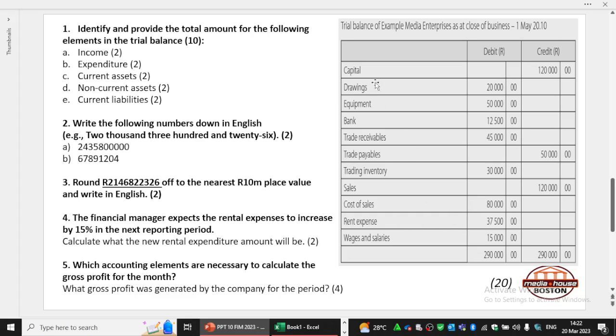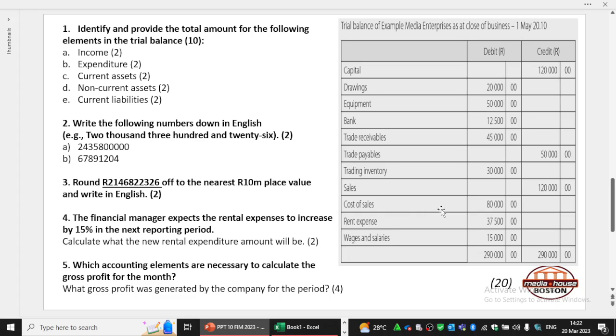But if your trial balance is mixed up, where you find your sales up there followed by a bank, it means that your trial balance is not organized. That means that you cannot use that method. You can only use the method when your trial balance is fully organized. Let's take a look in terms of